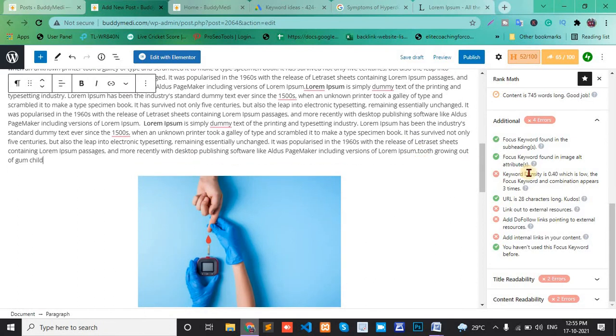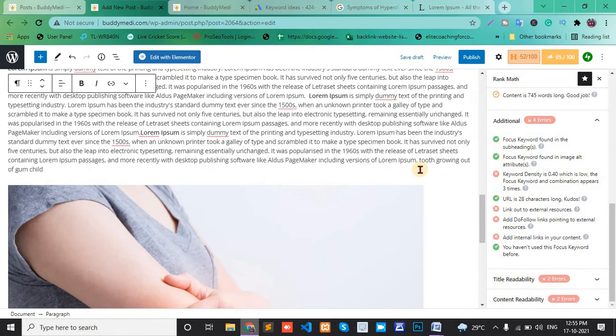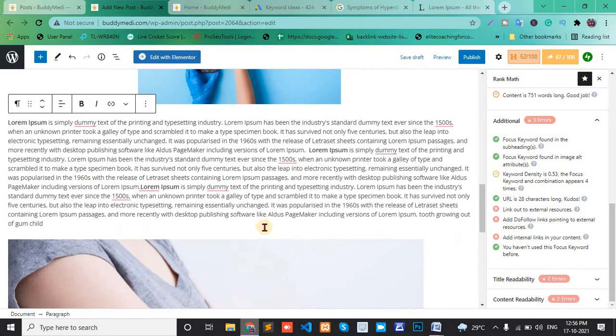Paste here 3 times and 4 times, for example. Okay. And next is link out to external resource. Add a do follow link pointing to an external resource and an internal link in your content.